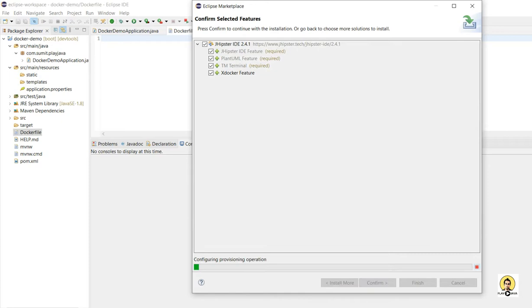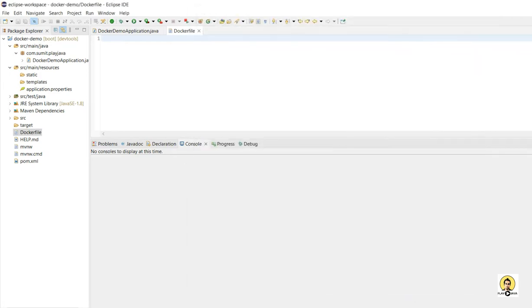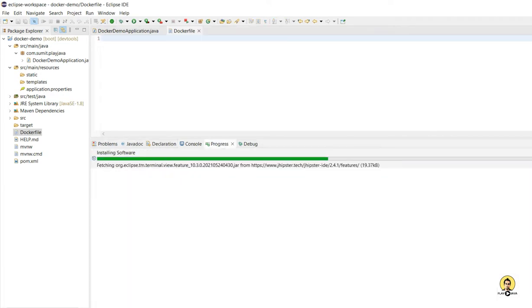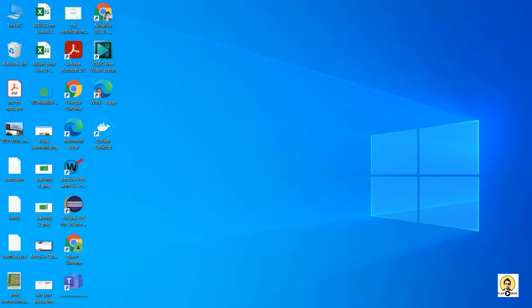Confirm and then finish. Confirmation done, and accept the terms and conditions and click on finish. Even it can be done without downloading any of these things, just a Dockerfile is required to be created. So after downloading and installing this plugin, it will ask me to restart this IDE. So I will restart my Eclipse.